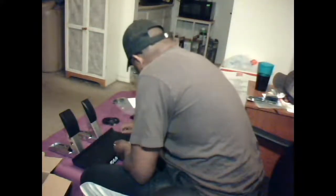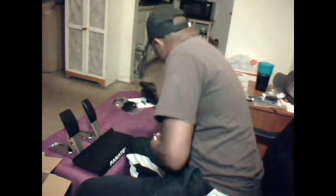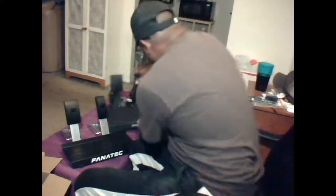So, we put these here. And here's my table clamp right here for the CSL DD when that comes at the end of November. And this is the knob that you attach to the bottom of it, so you can really crank it on there and make big turns. But these pedals, if you can see them both,